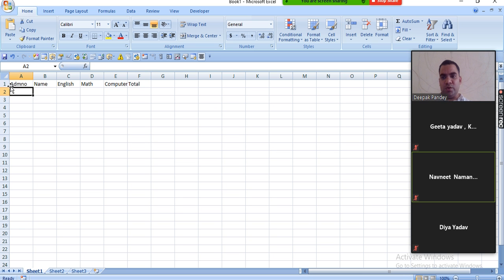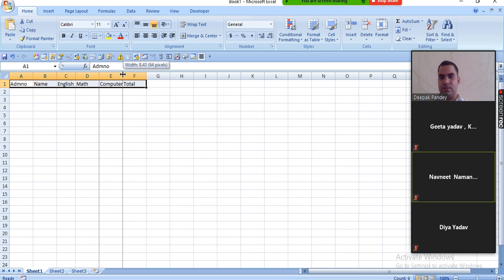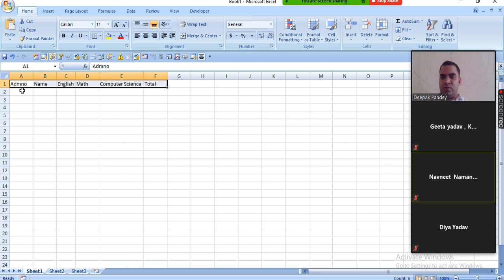So these are the columns in the table we are creating. Let's design this table.